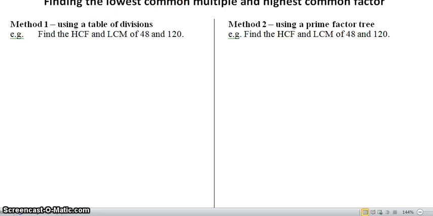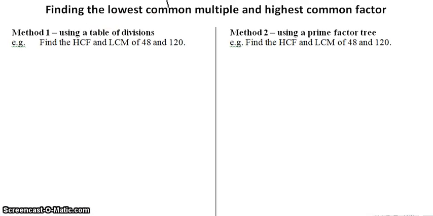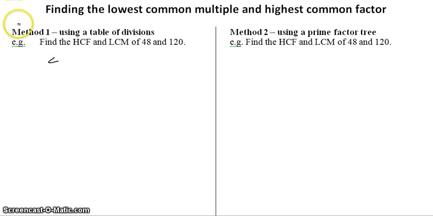Okay, so in this short video we are going to find the lowest common multiple and the highest common factor of 48 and 120. And we're going to do this in two different ways. First one, we'll use a table of divisions. Okay, so what we're going to do is we're going to write 48 and we're going to write 120, and